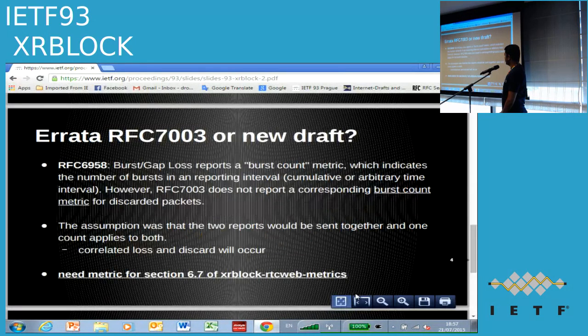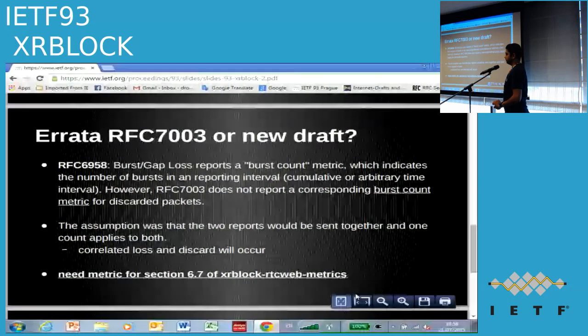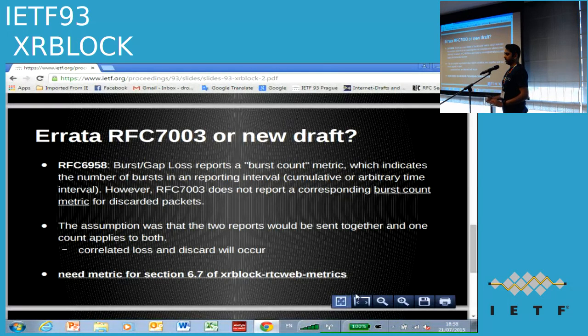Next slide. So this was triggered before that, when I had RFC 7003, which had no burst count. That's how I started looking for burst count, and I found that the assumption RFC 7003 makes is that discards and losses will be reported together. So the burst counts are only in one place, and both reports don't have a separate burst count. I presume at the time RFC 7003 was written, they assumed that the discards and the losses were correlated,